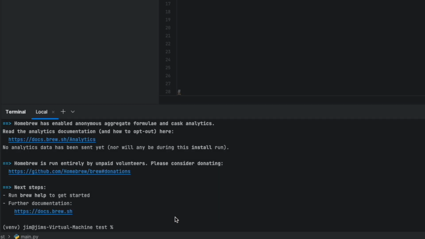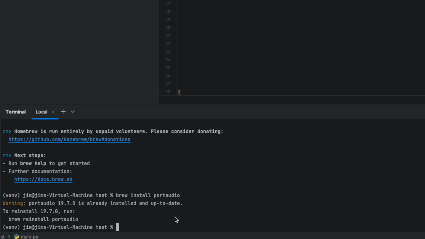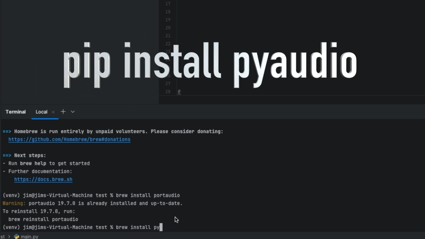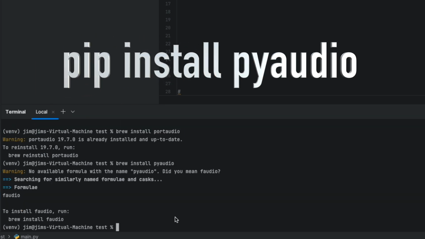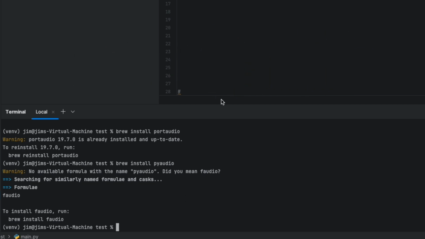And we're going to install PortAudio by just typing in brew install portaudio, just like this. Should be able to run it, and it will install PortAudio. I already have it installed, but after that's done, you can type in brew install pyaudio, and that should install PyAudio for you. And now you will have PyAudio and PortAudio installed, and we can continue installing the rest of our packages. The rest of these are really simple.